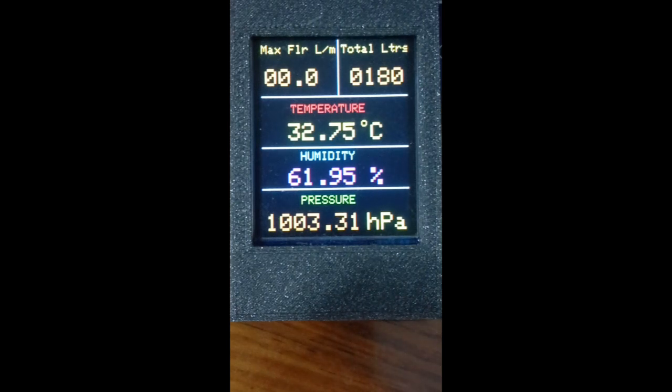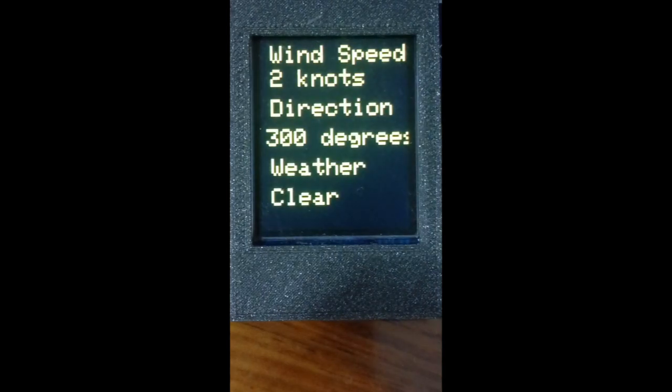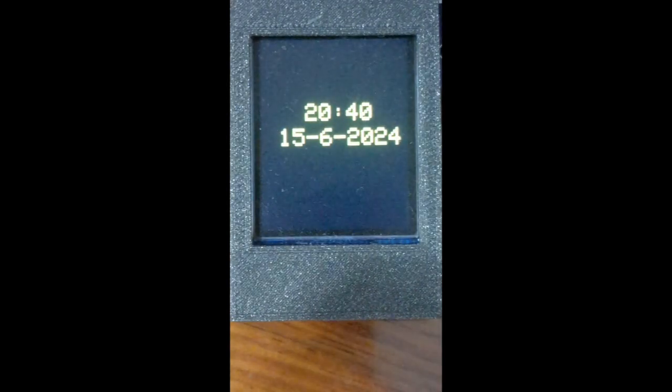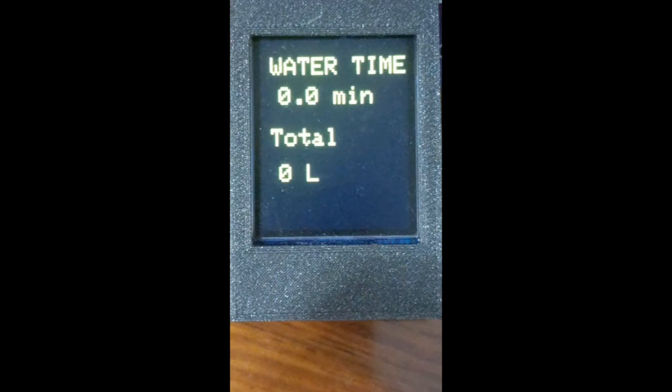Hello guys, as you can see here we have a project of an Arduino with a 1.8 TFT screen. We have a sensor, a BME280, a Hall sensor, and of course the ESP32S, that is the heart of the design. Okay,